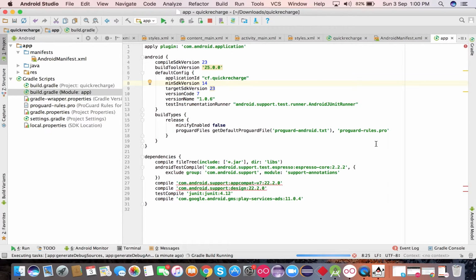Yeah, man, I'm using a Mac computer and still Gradle takes much time to build. 1 minute and 20 seconds and 523 milliseconds. It's done. You can run it now.